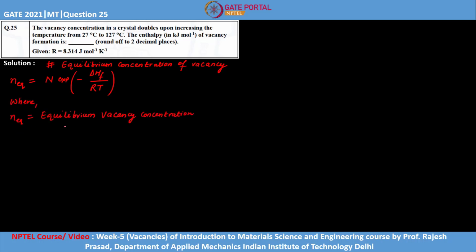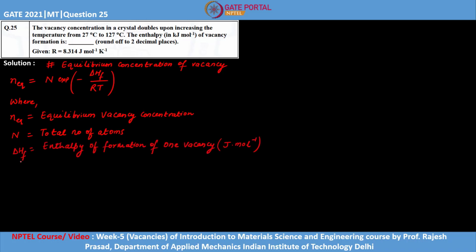NEQ is the equilibrium vacancy concentration, N is the total number of atoms, delta HF is the enthalpy of formation of one vacancy in joule per mole, R is the gas constant in joule per mole per Kelvin, and T is the temperature in Kelvin. Now,